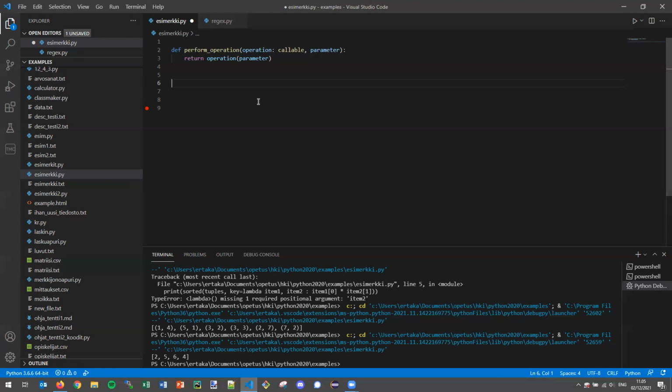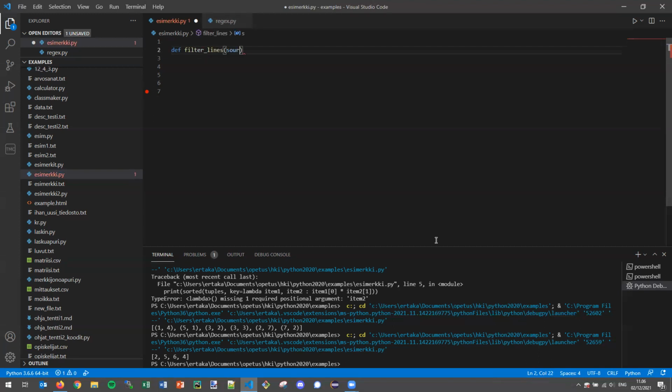And in each case, the filtering operation was different. So I wrote a single function, and I'm not going to show you the exact one, but something like